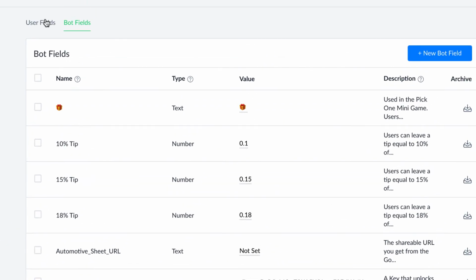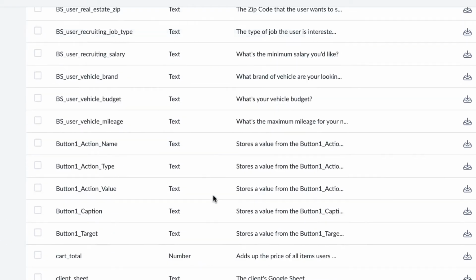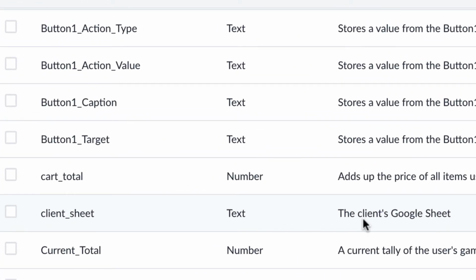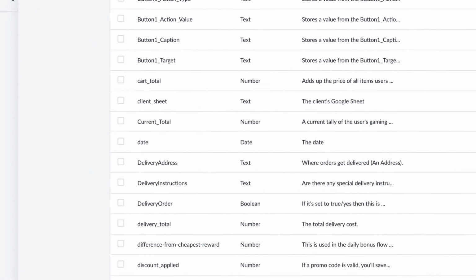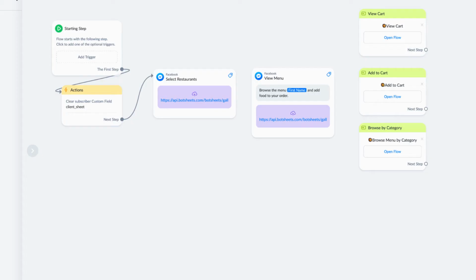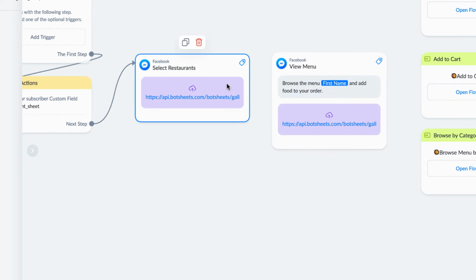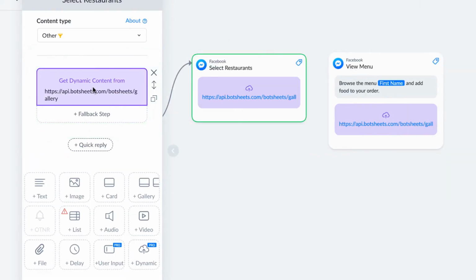But if we go to user fields, there we have this user field called client sheet. That user field is going to get set when users pick a restaurant. And if we look at this flow here, we have a gallery request. If I click that, you'll see